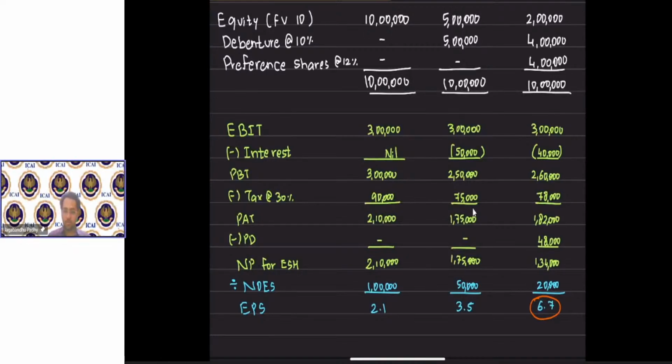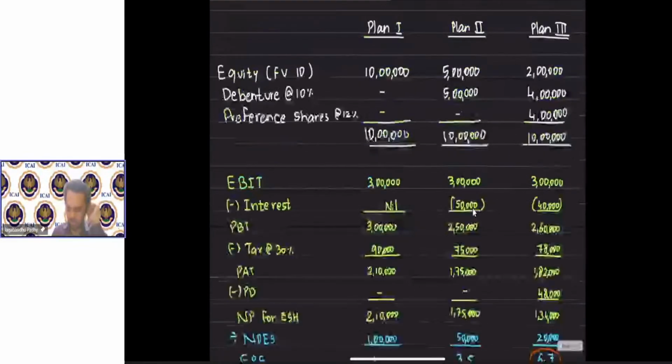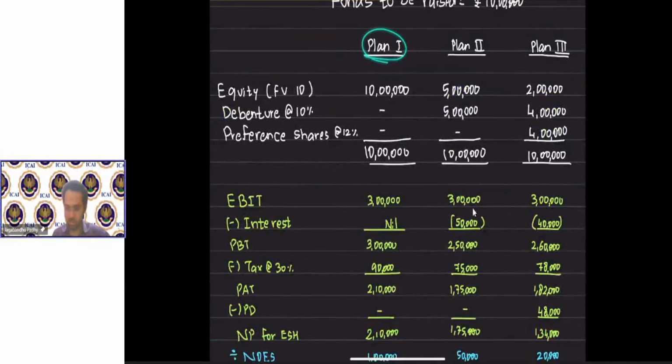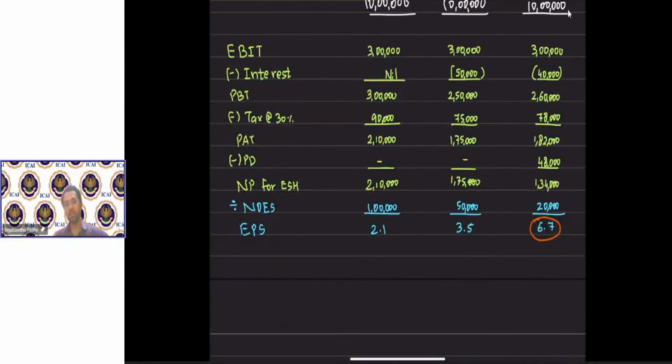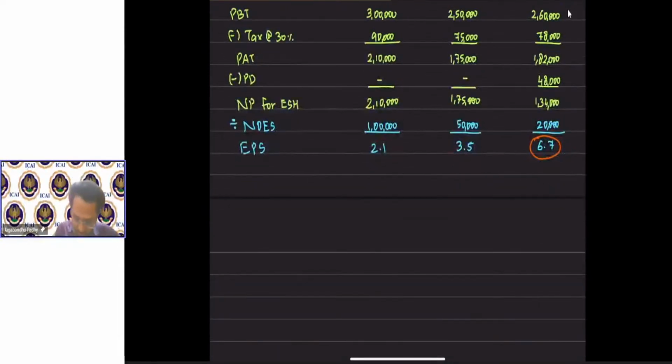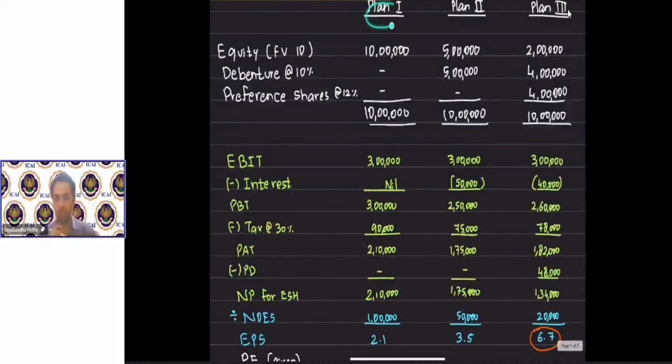So when all the funds are raised by equity shares, it means there is no debt obligation on the company. There isn't any preference dividend obligation on the company, and that increases the confidence of equity shareholders because they don't see much risk in it. And therefore, plan 1 is the one where the shareholders are going to have a greater degree of confidence. And for that reason, if I want to decide what should be the PE which will generally be given, tell me, since plan 1 is going to provide a greater degree of confidence to shareholders,